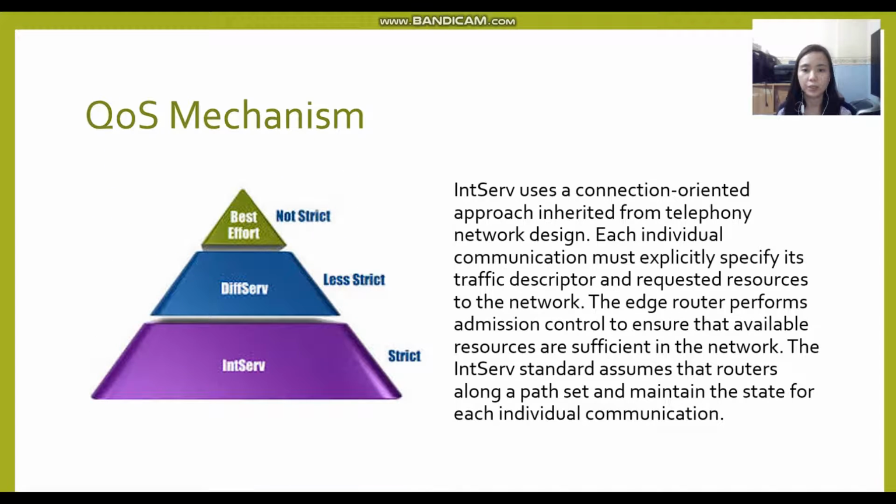And then IntServ uses a connection-oriented approach inherited from telephony network design. Each individual communication must explicitly specify its traffic descriptor and requested resources to the network. The end router performs admission control to ensure that the available resources are sufficient in the network. The IntServ standard assumes that routers along